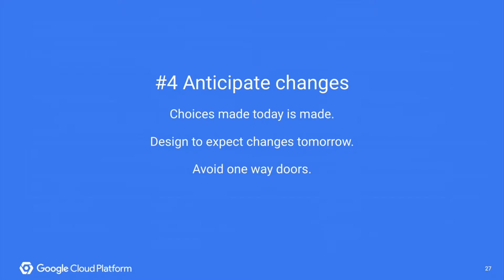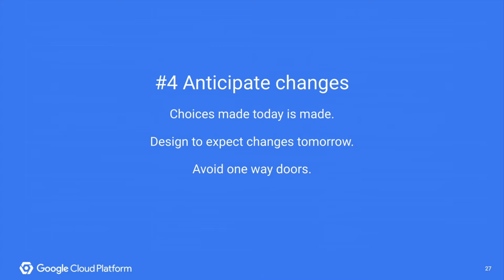However, we anticipated change. The decisions that we made yesterday were the best decisions we could have made based on yesterday's reality. But the reality changes over time. The team may grow in size and skill set. The technology that was not mature yesterday may have matured today. Every choice that we made in the past may be different if we were to reevaluate and make the choice again today or tomorrow. So it's very important that we don't lock ourselves into one choice and always anticipate things to change over time.